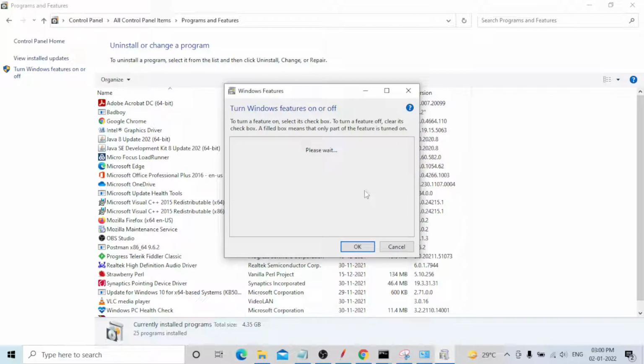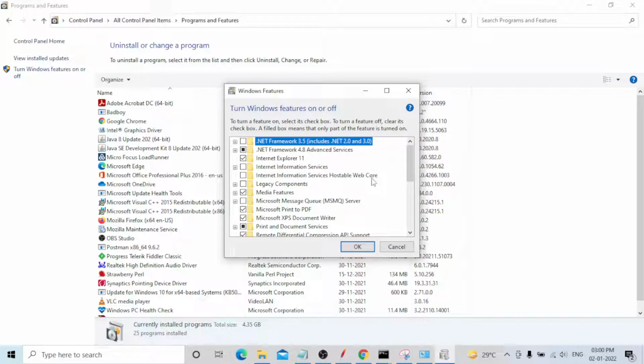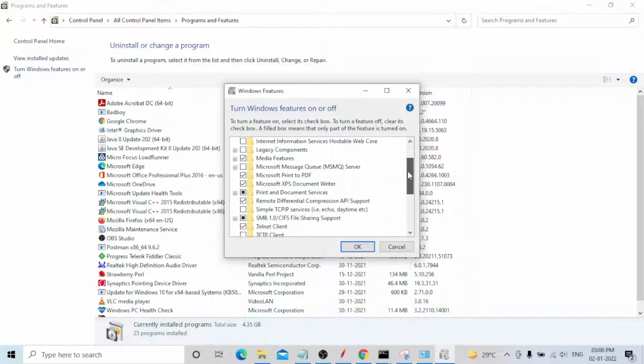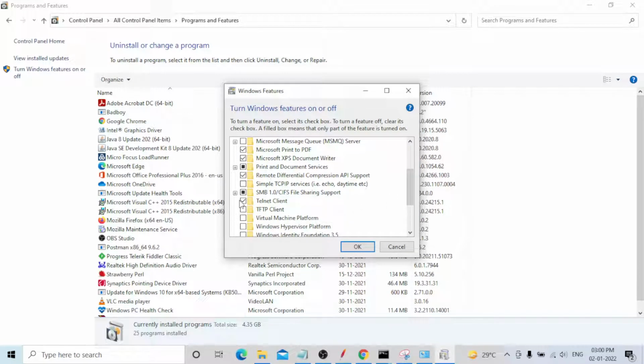Just wait, it will open. Yeah, it's open. You can drag down and see the option. You need to select the checkbox for Telnet Client.